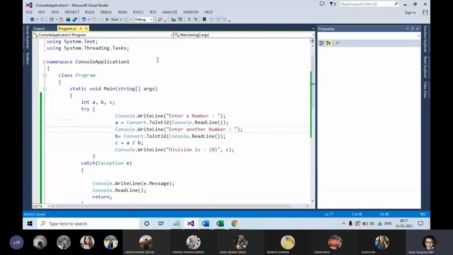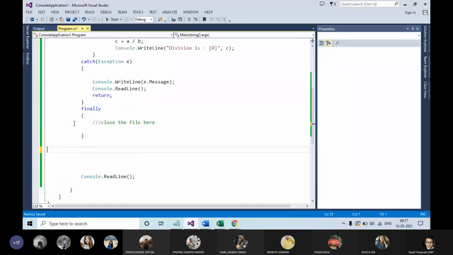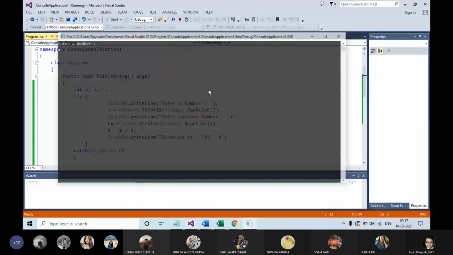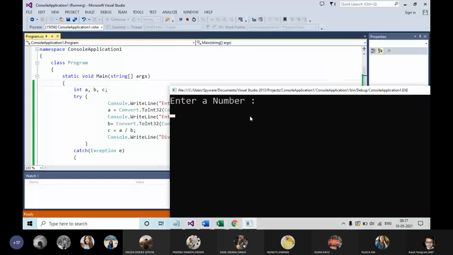Now here I'm running the program. You see, enter a number, 12, second number 0. In the next line, it will divide 12 divided by 0.